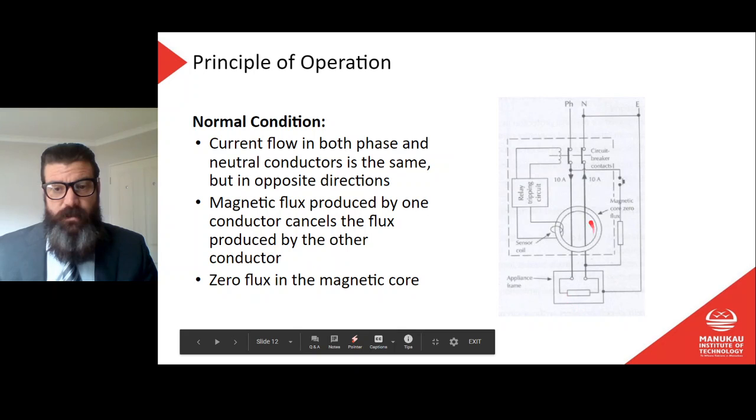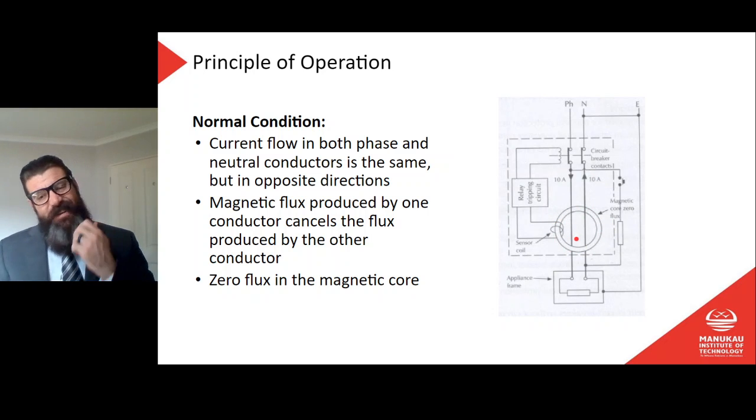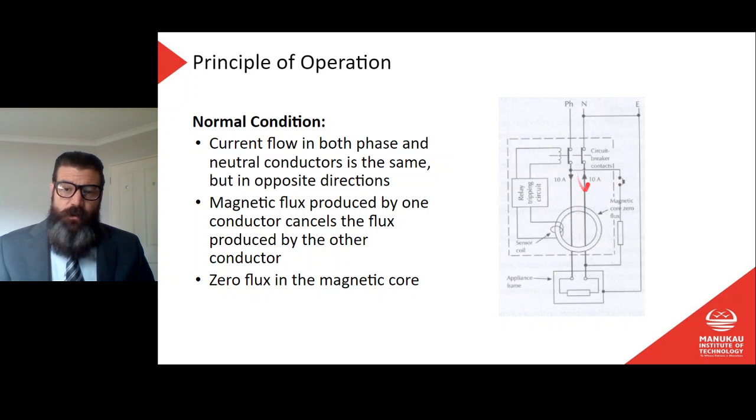This is outside the RCD. The dotted line is the RCD. We have current flowing through our load. That's our appliance, whatever it is, and that goes back through the neutral, through the contacts in the direction of the arrow. Now we have this winding here, this transformer essentially. It's like a little current transformer that's wrapped around those two wires. What we know about the magnetic fields in our wires, right, is that